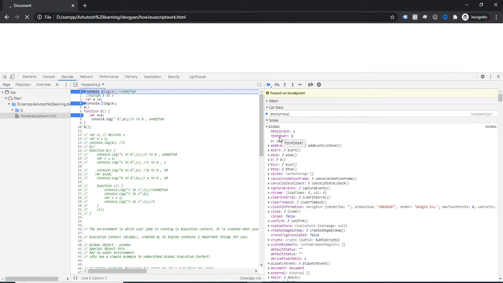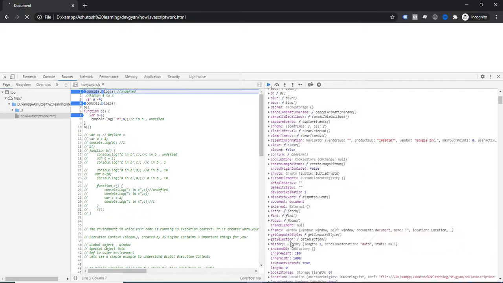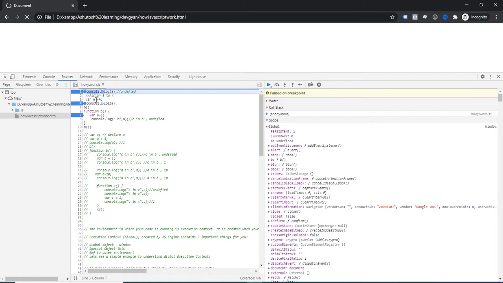So now you will be astonished that why all these things are there here. Only during the parsing, the a value and the b value they will find. Then what is this? So rest of the part, the a value is initially, you can notice, undefined. Because of this, during the creation phase they will scan and the initial value is set to be undefined, and now the function b is storing its value.